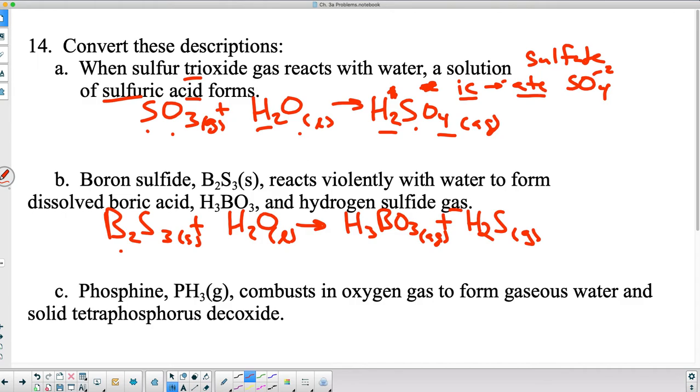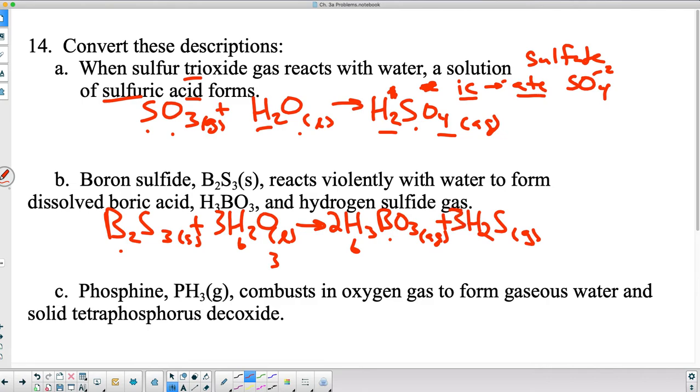So 2 borons, and I only have 1 on the right-hand side, so I need a 2 in front here. That gives me 2 times 3 is 6 hydrogens, right? So how do I get 6 here? I put a 3 in front. 3 times 2 is 6 hydrogens. That also gives me 3 oxygens here. How many sulfurs do I have here? Ooh,